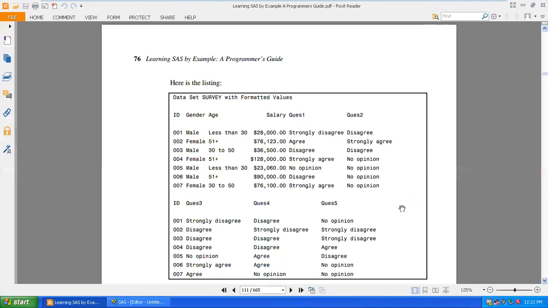And later I can write the proc freq and get to know how many are less than age 30. Okay. So, for example, if there is a variable with the name salary and it is like 76,000.00, with two decimal places, there are two options. So if the salary is 76,000 and I put it as